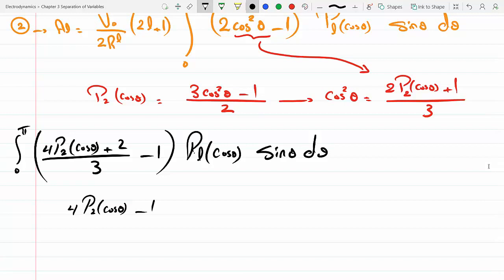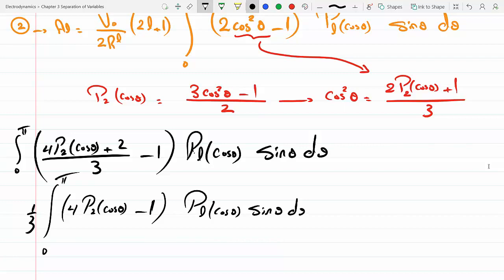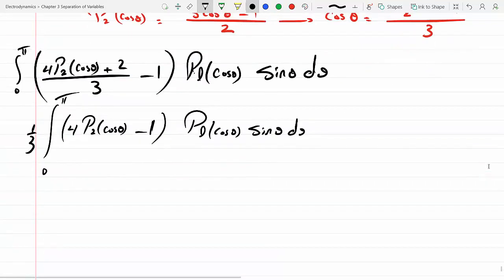So plus 2 minus 3 becomes minus 1, times 1/3. Okay, and now I'm gonna split it, so this becomes 1/3,